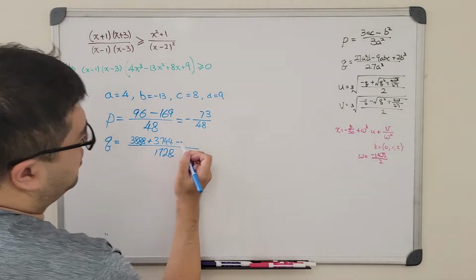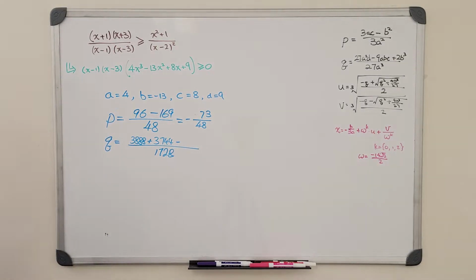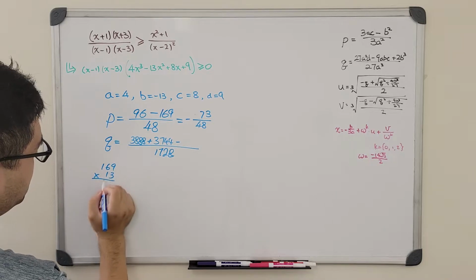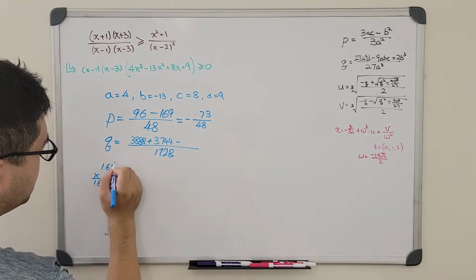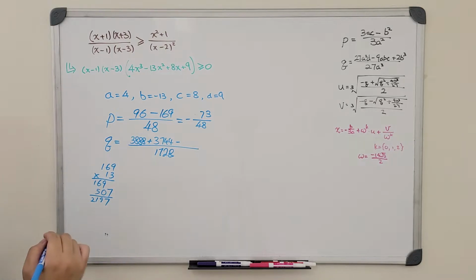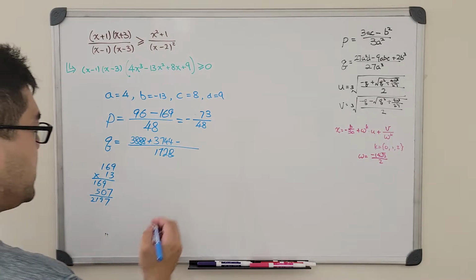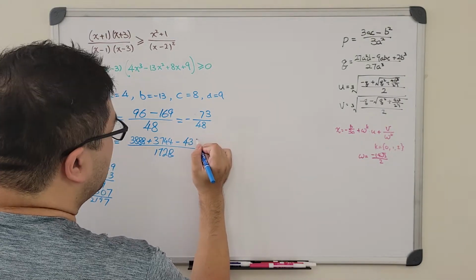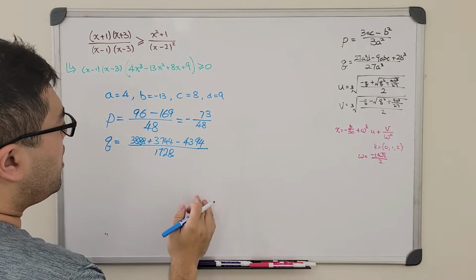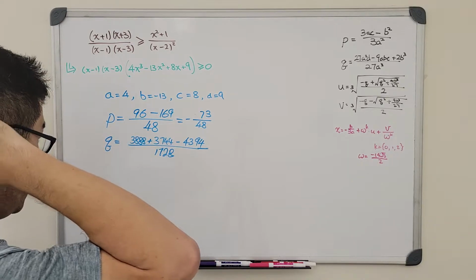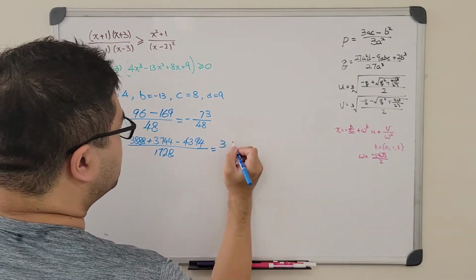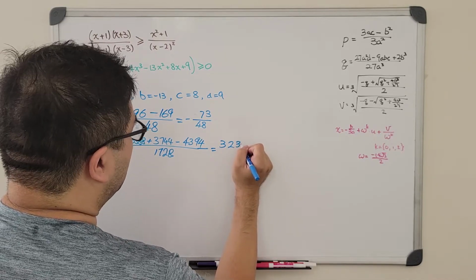And last but not least, we have 2b cubed. And again, b is negative, so we will end up with a negative sign here. Then b cubed is 13 cubed, which is 169 times 13. That is the same as, let's see, 2,197. Then we need to multiply by 2. This gives us 4,394. So if we do our simplification on top, we actually get minus 650. So we have 3,238 over